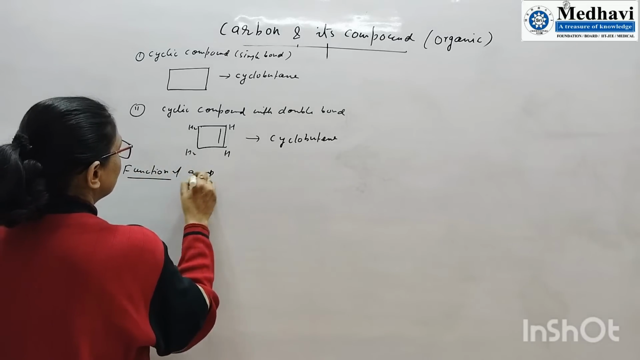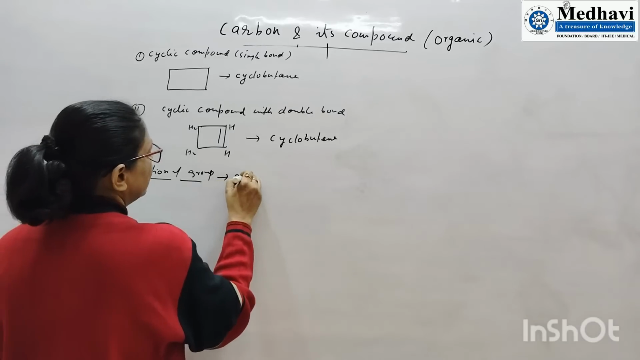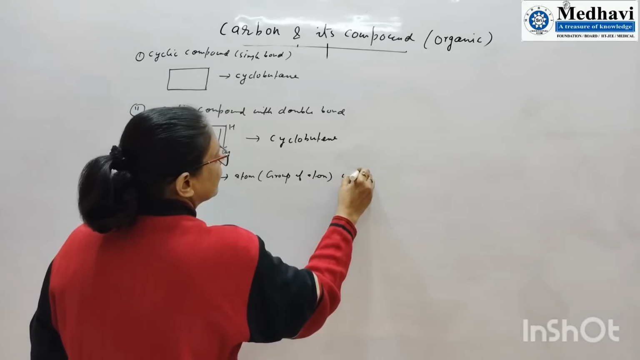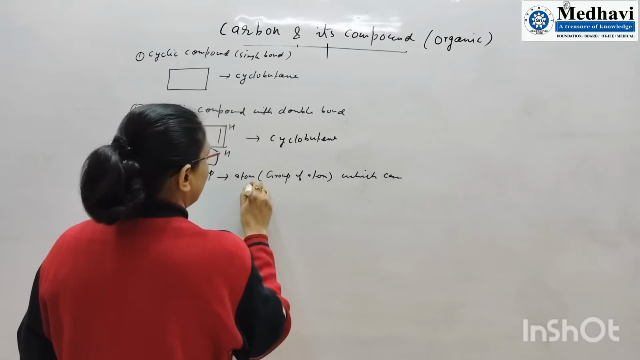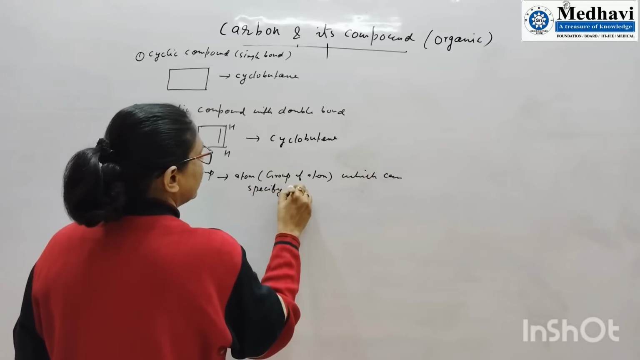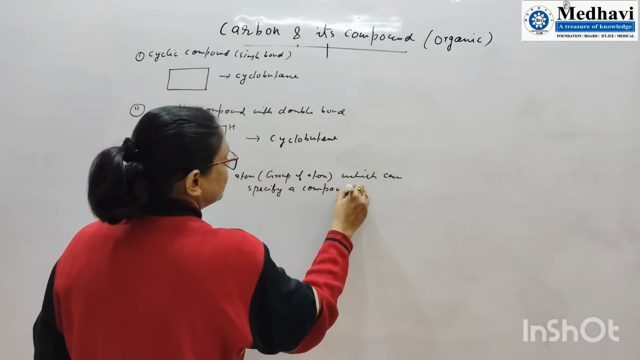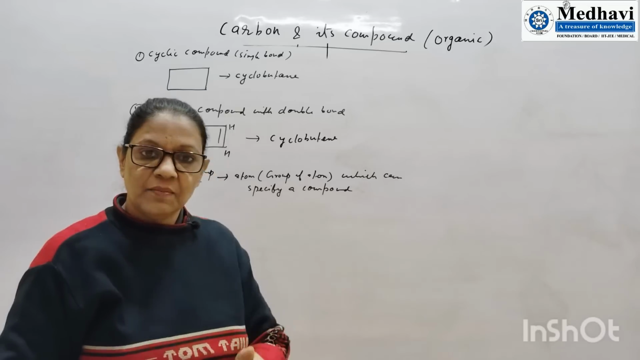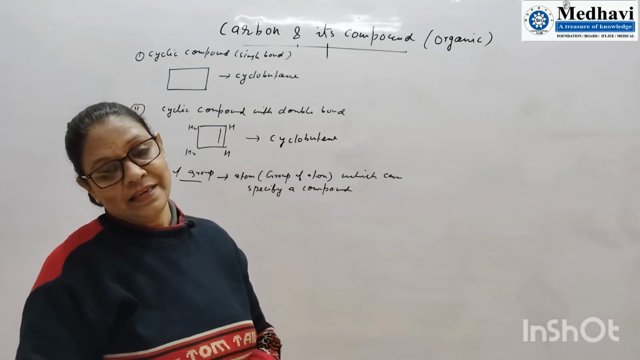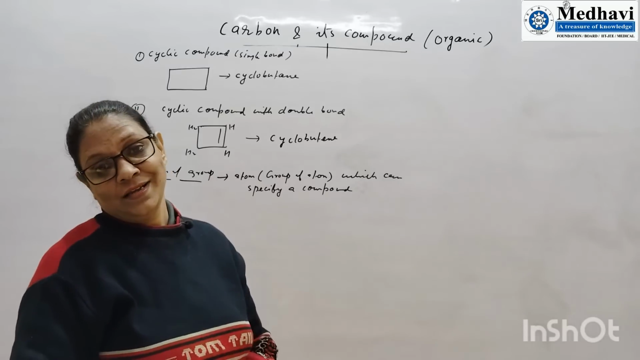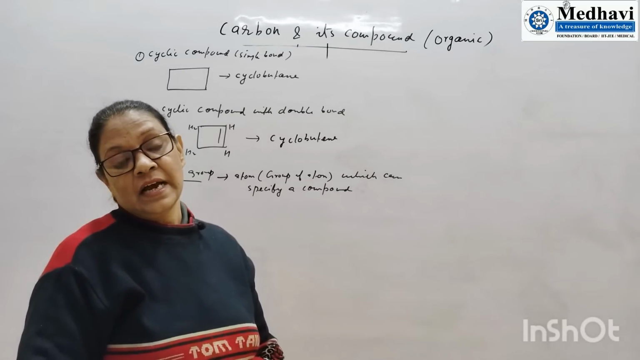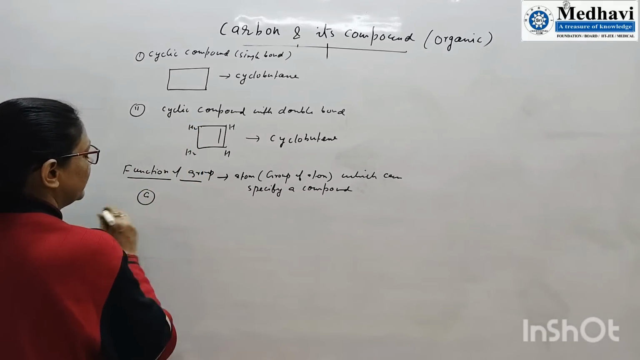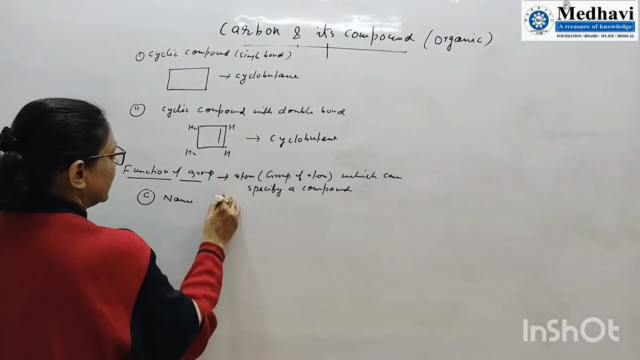Functional group is the atom or group of atoms which can specify a compound. We are using the word alkane when single bond is there. We are using the word alkene when double bond is there. We are using the word alkyne when triple bond is there. We are using alcohol, aldehyde, so here different functional groups. The types of functional groups are very important. Here name, here symbol,